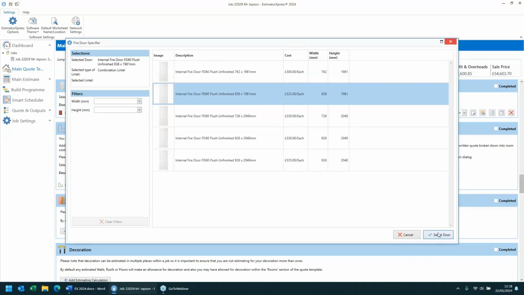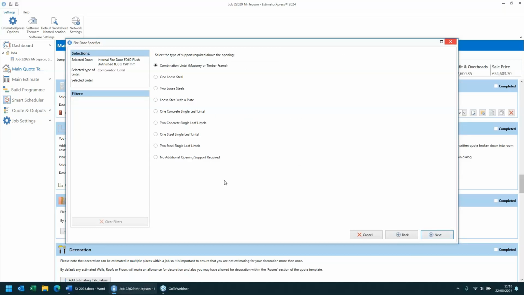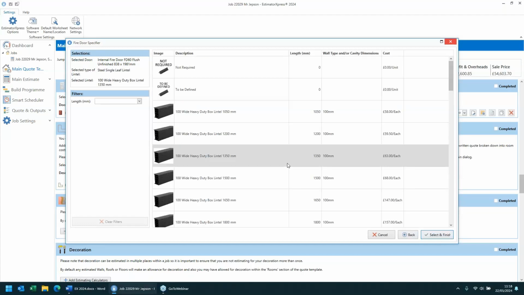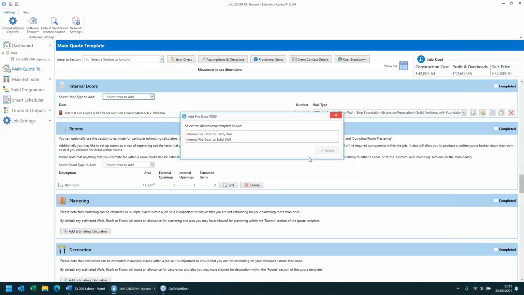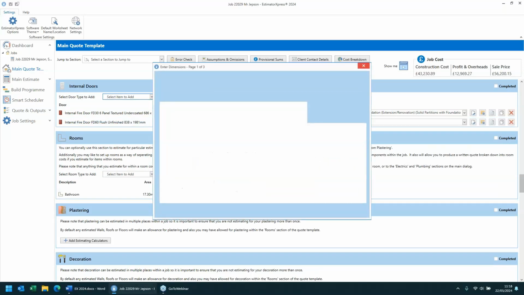So I can pick one of those, and then the normal options of what sort of lintel you need. So I'll take a single steel lintel, and I'm happy with the one that it's suggesting. And I can enter the number in and say, is it to a cavity wall or a solid wall? So I'm going to pick the solid wall option,